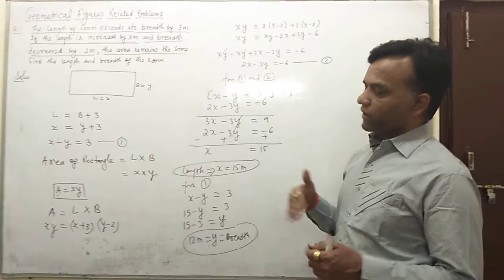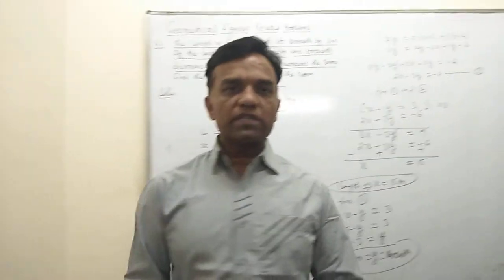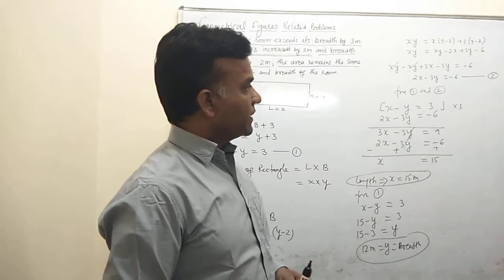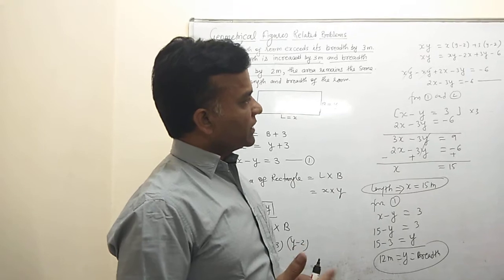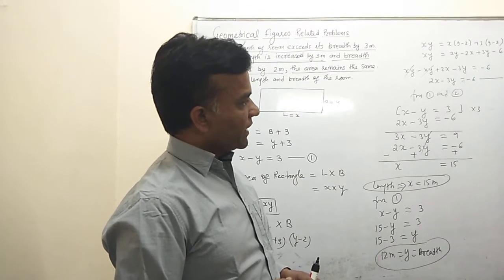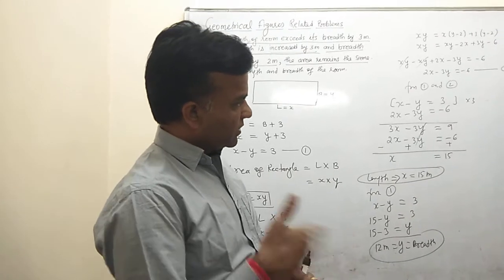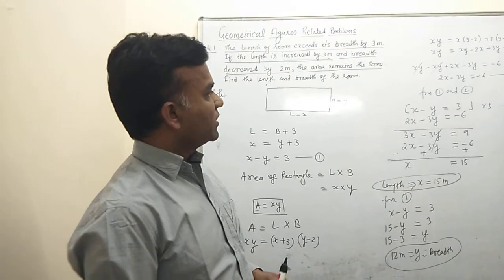So first we bifurcate the question into two parts because you frame the two equations. So now your equations are framed, and then after framing the equations you start solving those equations, and which method you apply depends on you. Okay, so whichever method you feel comfortable with, you try to find out the solution of x and y. Now we have the new question.